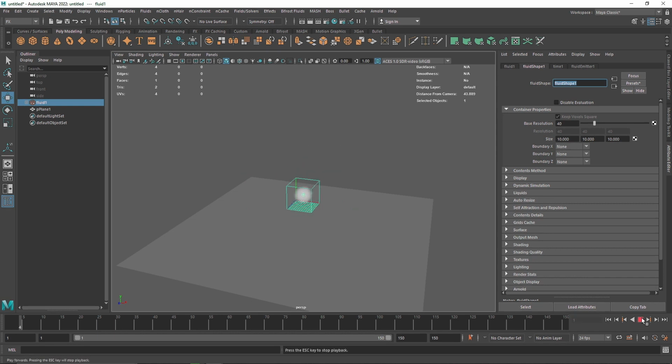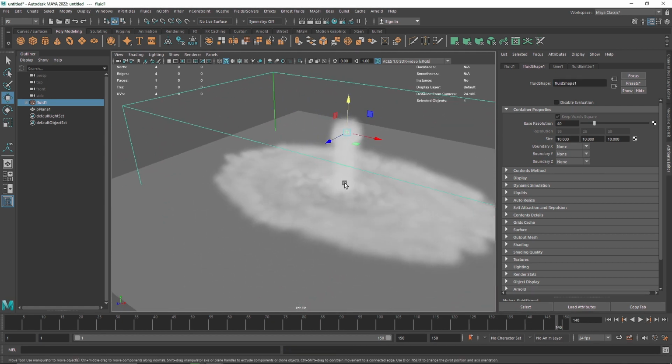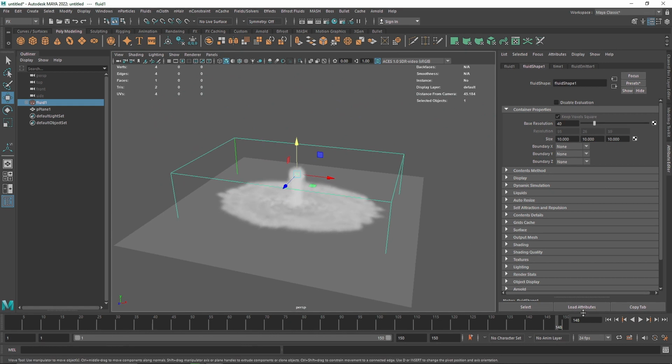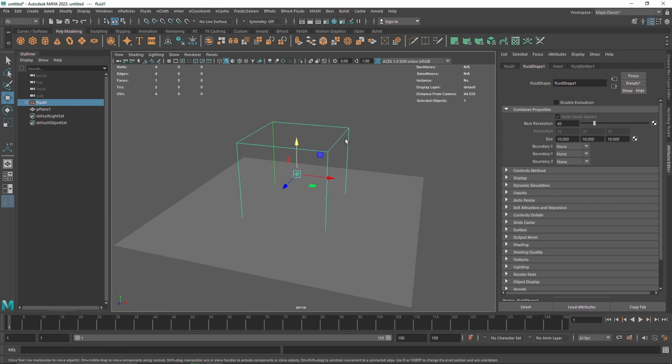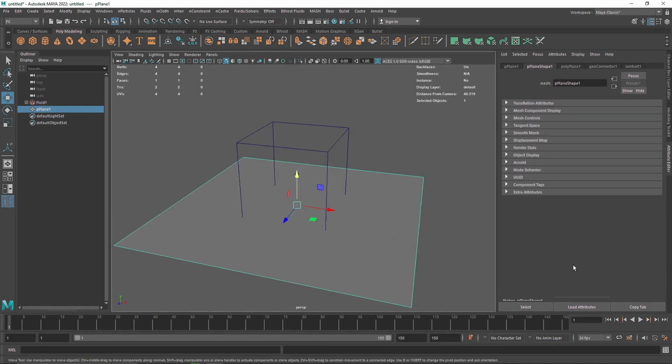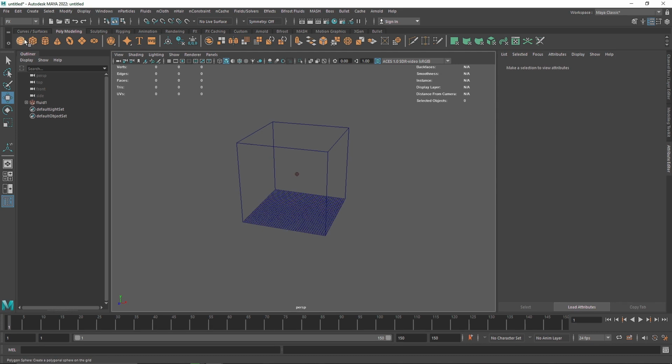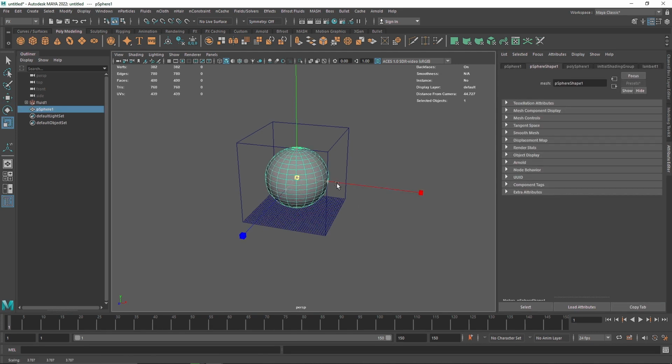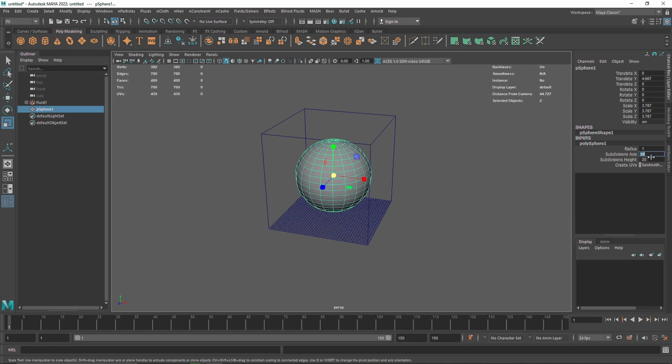So if I play this again, and there you go. Now you have smoke colliding with your plane. That's very nice. Alright, so yeah, that's it. This was a pretty short video. You can have fun with this, play around with this, and there are a lot of different things that you can do. For example, if I have something like maybe a division of 8 and 8,